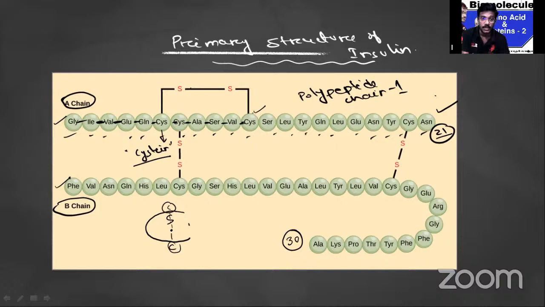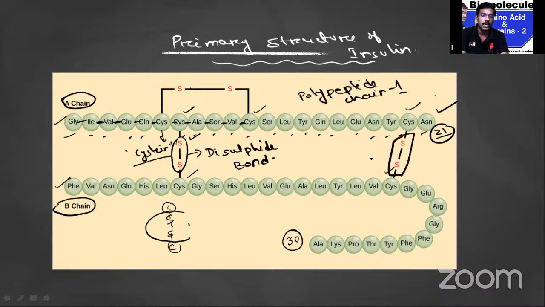In the secondary structure we can see this, because there will be attraction and formation of this bond. Due to that, it will later undergo folding. Then between these two chains, here in this chain there is a cysteine, and here also there is a cysteine. So between them there is also formation of a disulfide bond. Here another cysteine is present, and another here too, so here also there will be formation of a disulfide bond.